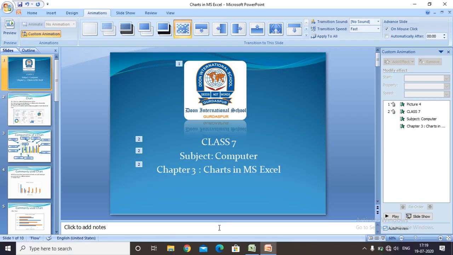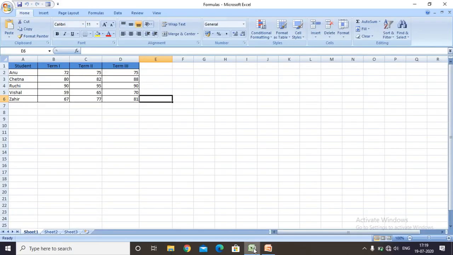Next, coming to how to create a chart, I'll show you practically how we can create a chart. Here I have already created a database of student name, term 1, term 2 and term 3. Now I will select the range from A2 to D6.